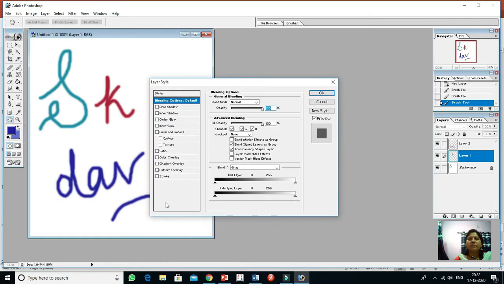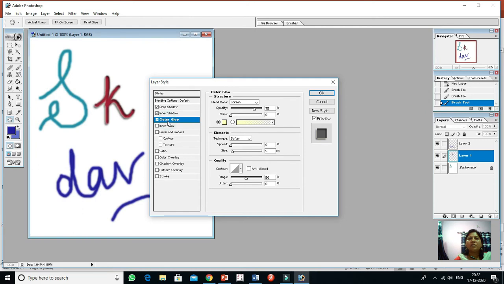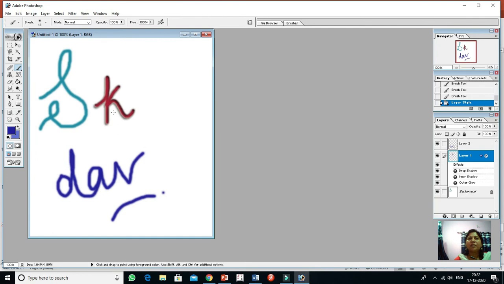See what output is displayed if I click on drop shadow. Angle is there, multiple color is there, inner shadow is there, outer shadow is there. Click on OK. That is applied to layer number 1.